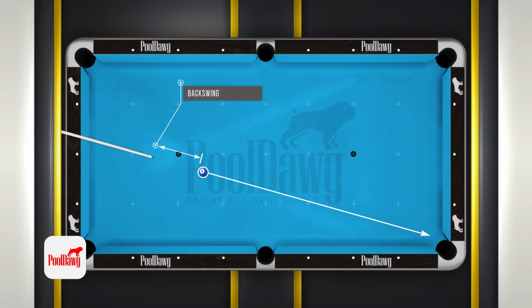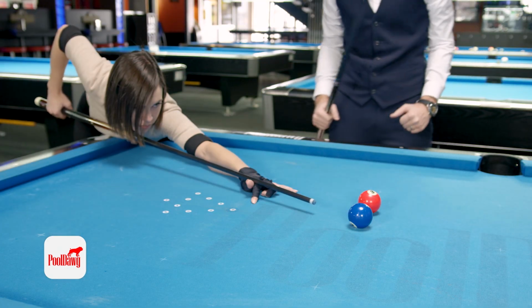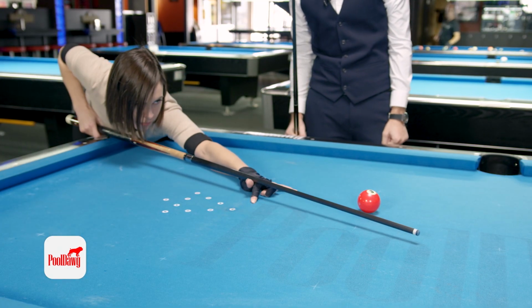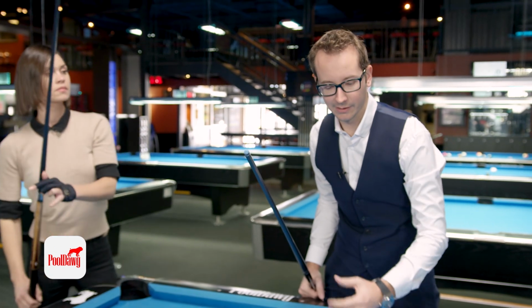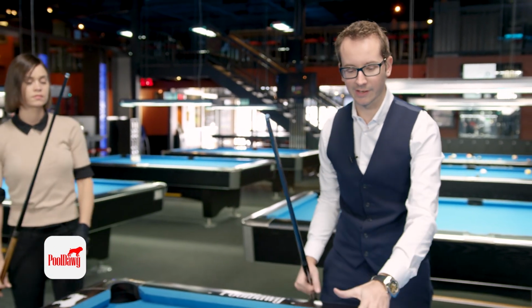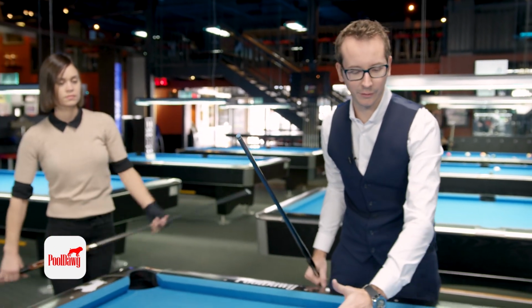There we go. And she pulls back to about here, okay? So if we transfer that again, we should be somewhere around here and that's gonna be her follow through. Now you can see the follow through is longer in the medium shot than the short shot. The last one is the hard shot. I'm not even gonna demonstrate, I'm just gonna let you shoot it and you'll see the follow through is gonna